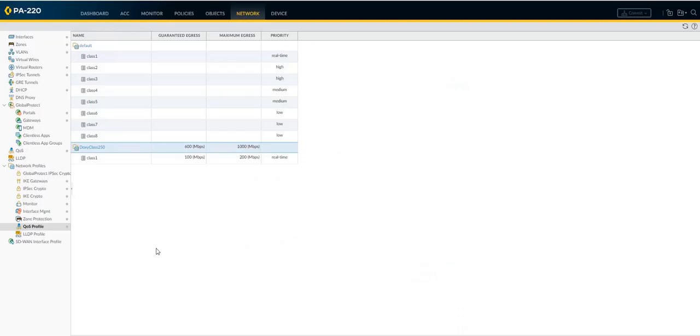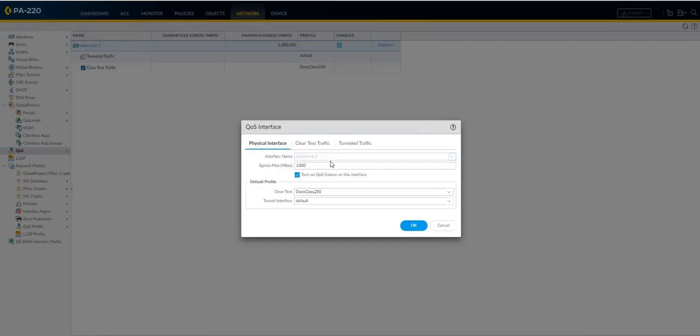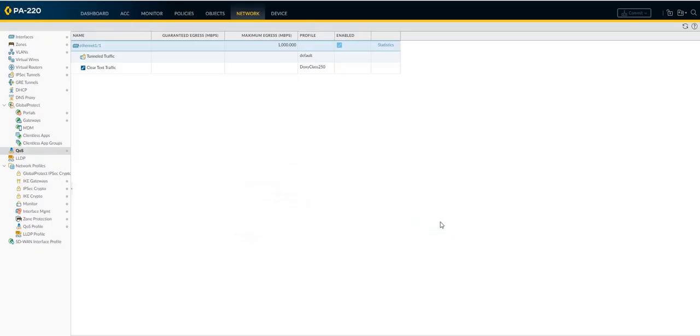Then you can go over to the QoS, and you can see here on Ethernet, it's configured. Doxy class is the profile we're using. We're not doing anything on tunnel interfaces. So that's applied there. And then you can see over here on the policies tab,